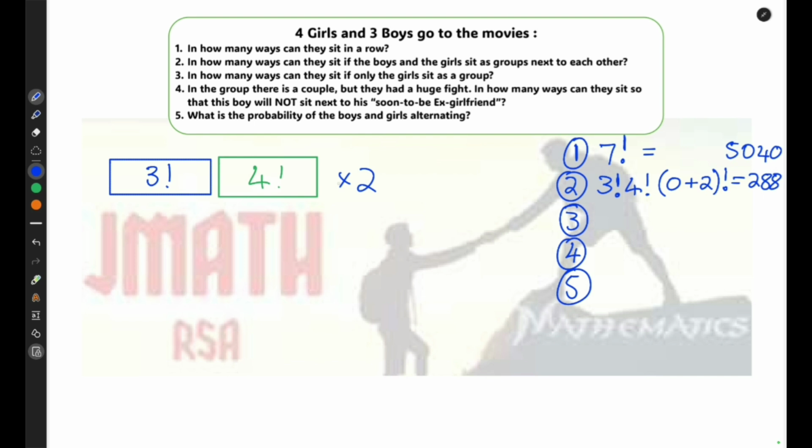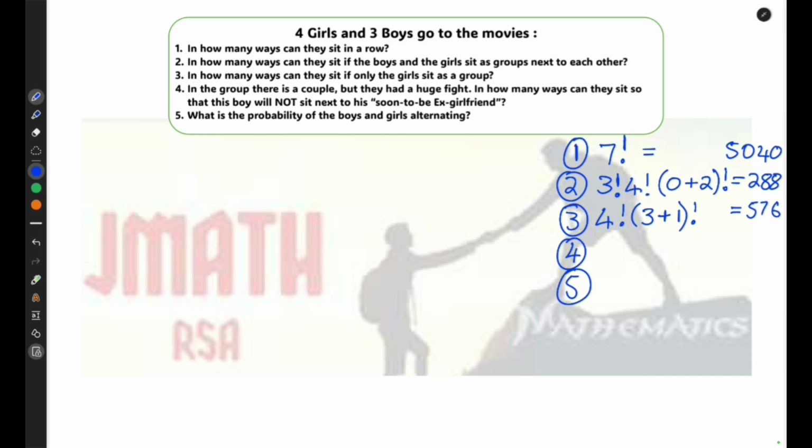Question 3. In how many ways can they sit if only the girls sit as a group? So if I just go to the picture now, there's 3 boys that don't sit as a group now, and then the girls. So all 3 boys could sit next to each other, or 1 could move to the end, or 2 can move to the end, or 3 can move to the end. Now I need to write the math to compensate for that. And that would then be the 4 girls factorial plus the 3 boys that are sitting on single seats, and then plus the 1 group for the girls that can move around. And that answer would then be